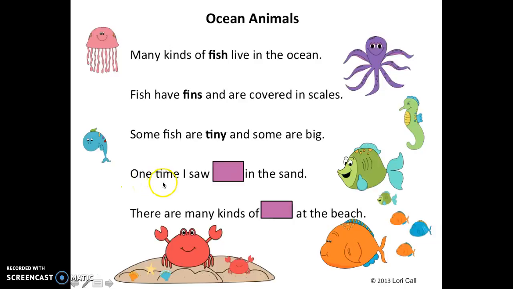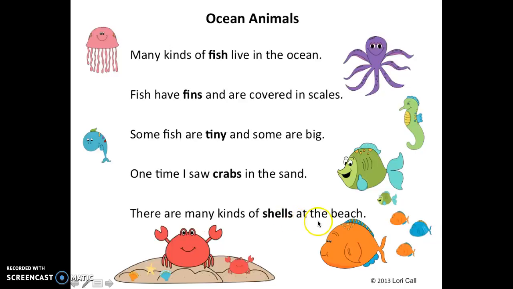Let's read the next sentence with your partner. Go back and try to guess what this word says. Did you get it right? One time I saw crabs in the sand. All right, one more with your partner. Okay, let's go back and try it again a second time, and this time we want to figure out the tricky word. All right, let's read and see if you got it right. There are many kinds of